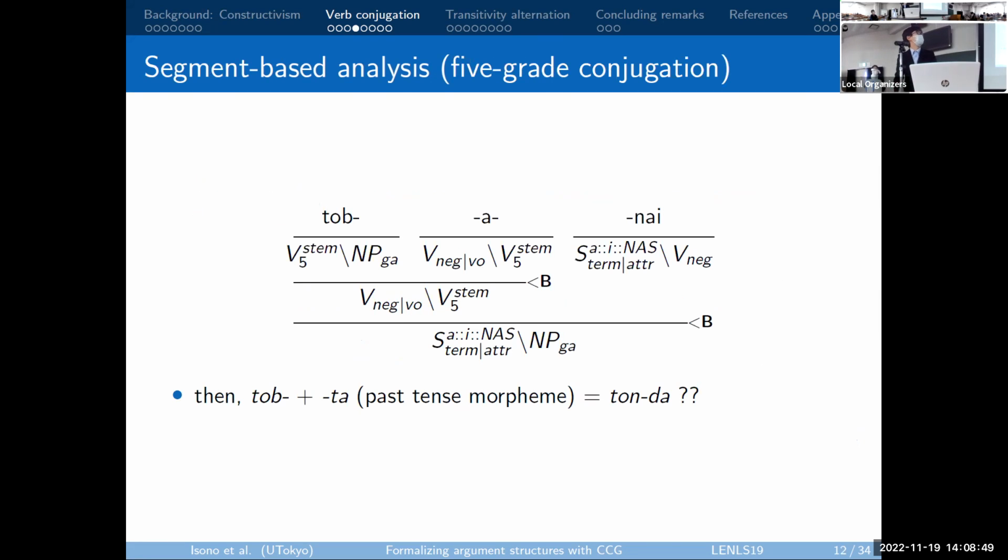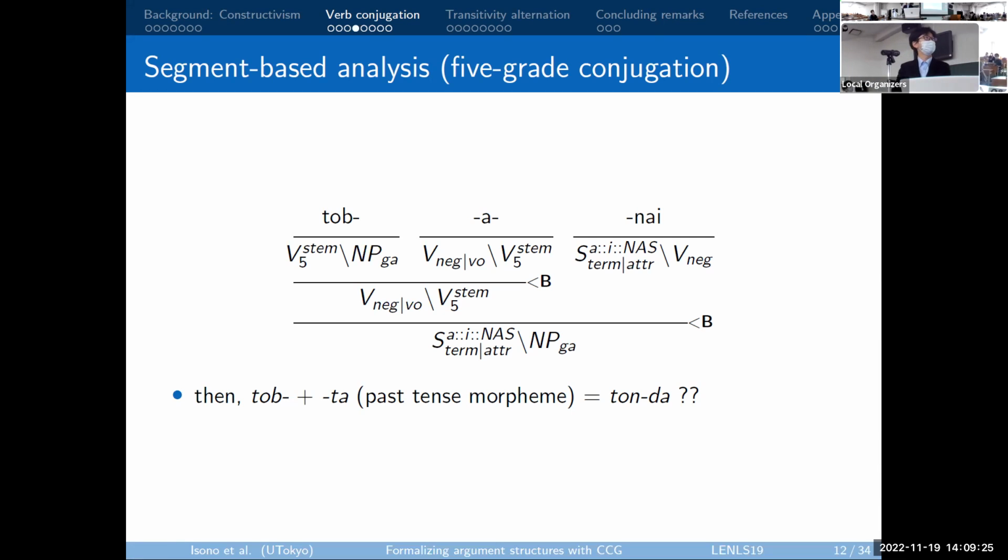His analysis is very useful for application to the corpus data because Japanese orthography is mora based. On the other hand, a segment-based analysis we propose here looks like this. It can extract a common segment found within morae, for example, A here. However, it cannot explain the fact that the stem TOB changes to TON when combined with some past tense morpheme, for example, from tobu to tonda.